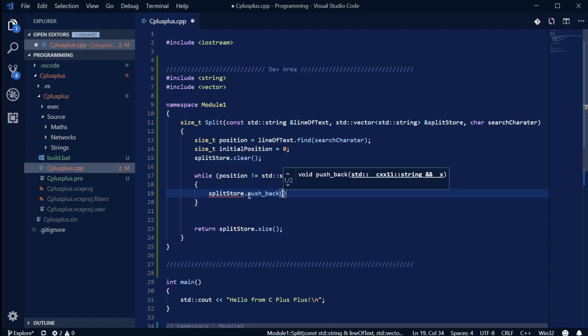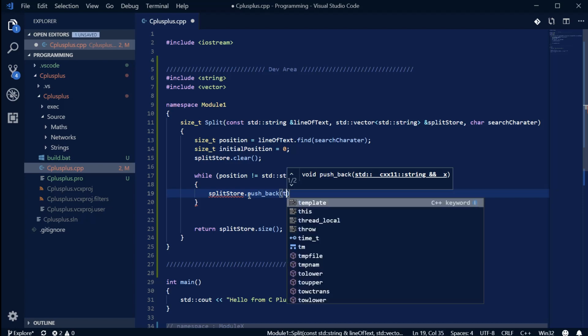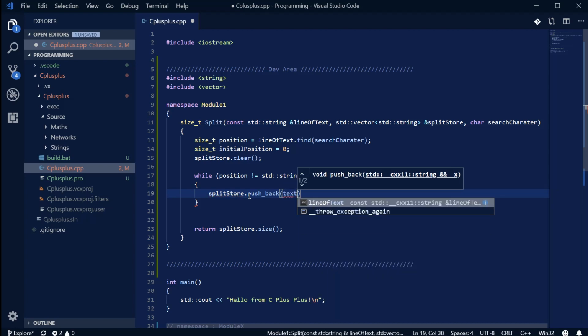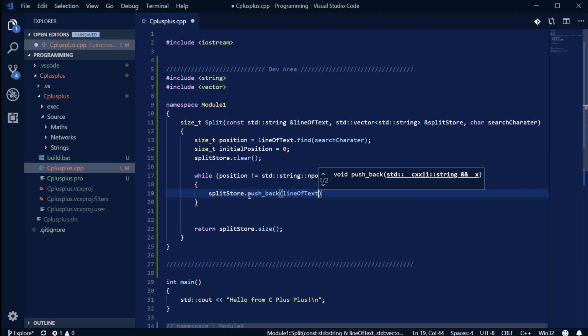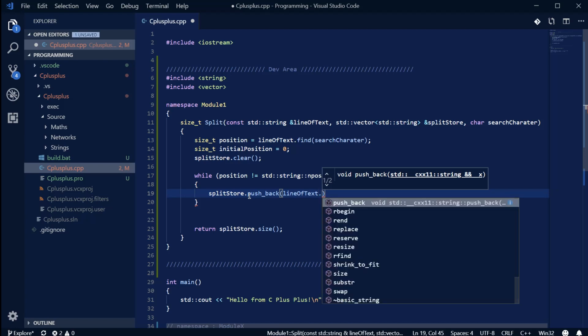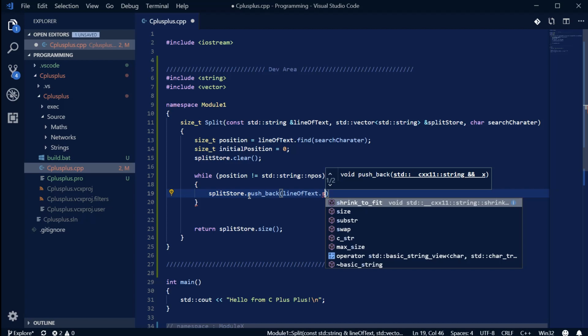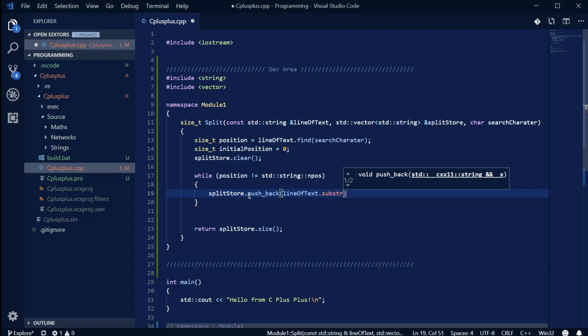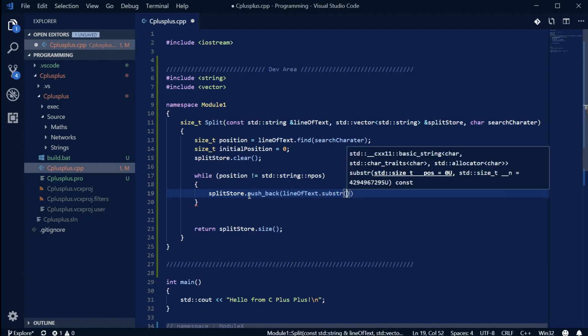Let's see, what do we want to put in here? We want the line of text. Sorry, we want the line of text. Silly me. We want the substring. Do we have one of those in here? Yes, we do. Excellent. So the substring of initial position,